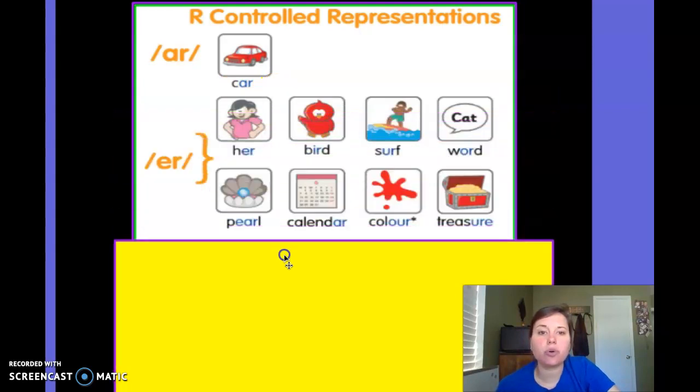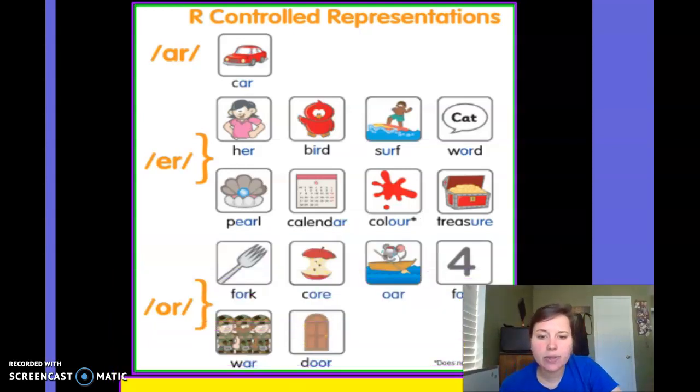Another R-controlled sound is ER, the vowel E plus R. It makes the sound like her, bird, earth, word. It makes the sound kind of like you're mad. And then lastly, we have the vowel O and the consonant R. That makes the OR sound, like orc or or. So those are all three